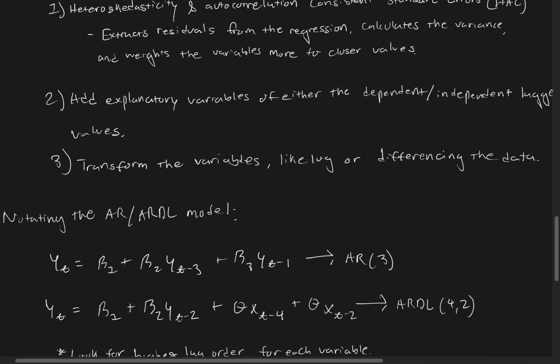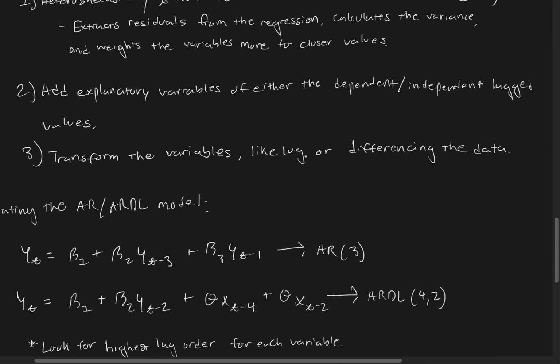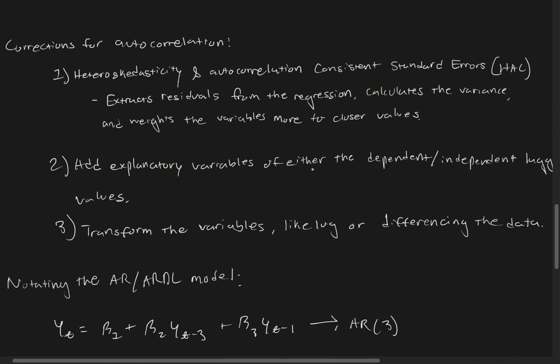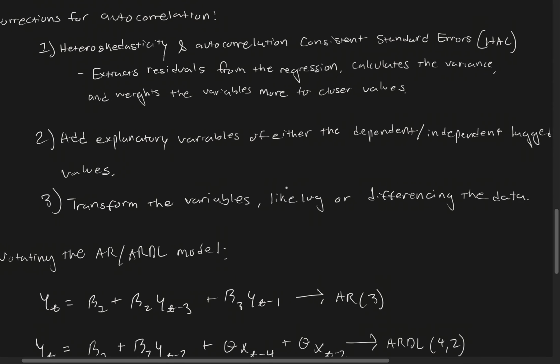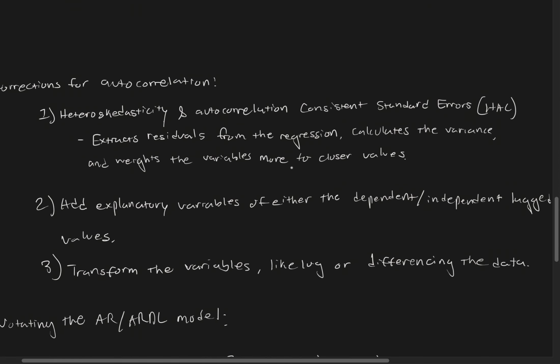All right, lastly, we can try transforming the variables like logging or differencing the data. So this is actually how we can also correct for stationarity or non-stationarity. So when we log or difference the data, we make it less trendy, more stationary, more random. And so what that'll do is it'll make it more stationary,